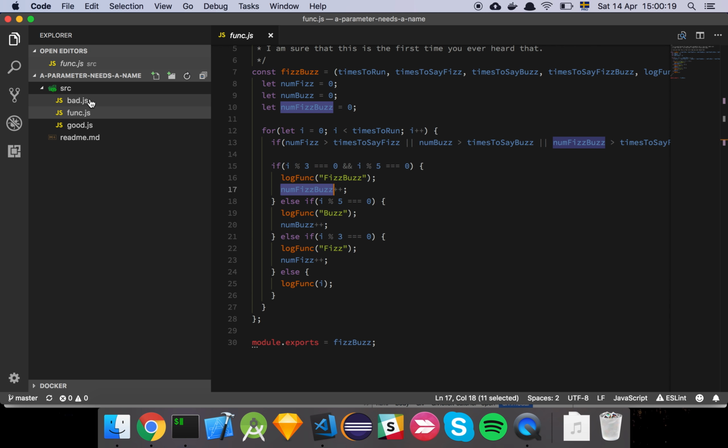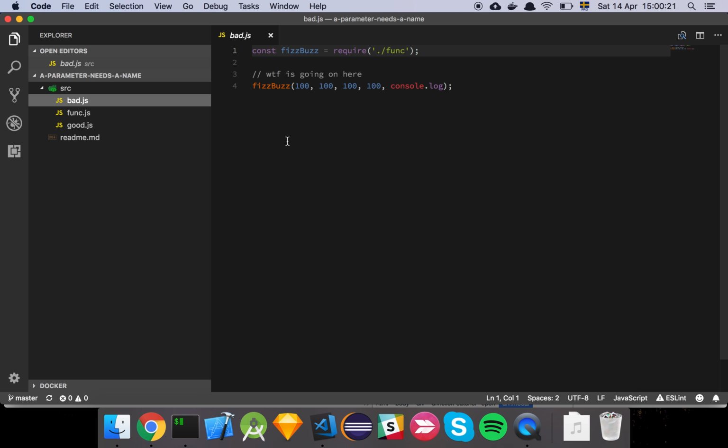So let's look at consuming this function, because that's the thing I want to touch on. This is something I see quite often. So I have this function that takes a bunch of stuff, and this is what I see. 100, 100, 100, 100, and some console log. When I'm reading this from this perspective,